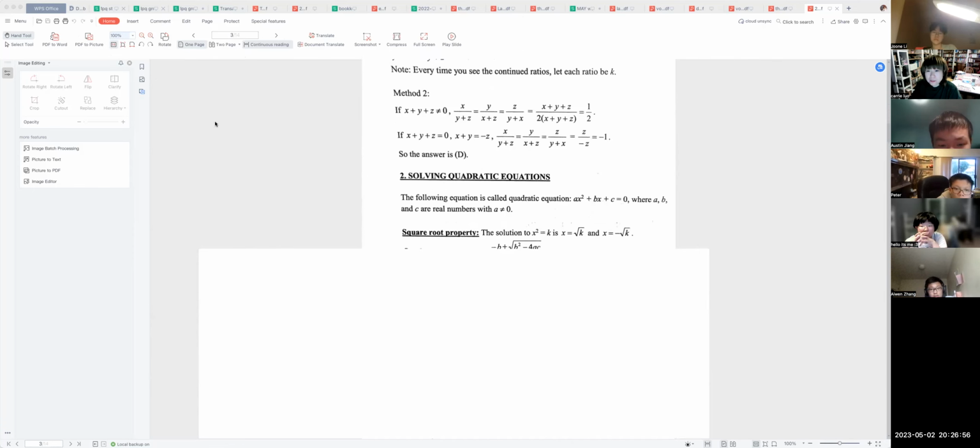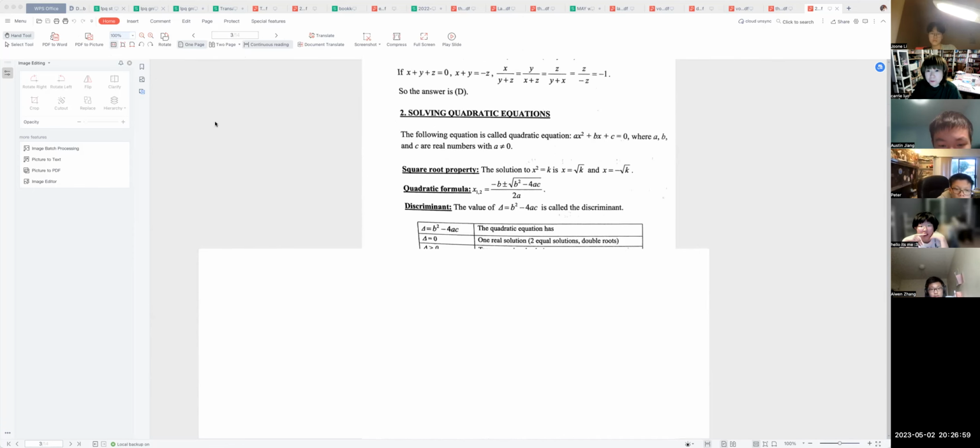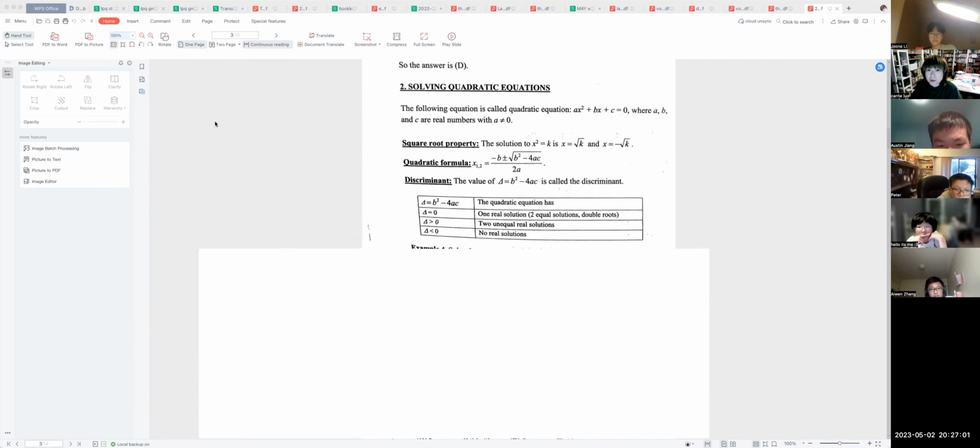So now let's take a look at this one. This part we have been going through a lot of times, right? The equation ax squared plus bx plus c. So x squared equals k, x equals positive or negative square root k. Correct? If it is the quadratic formula, it's negative b plus or minus the square root of b squared minus 4ac. And the discriminant is the value delta, b squared minus 4ac. If the discriminant equals 0,